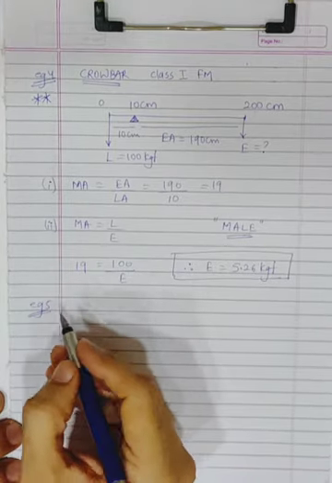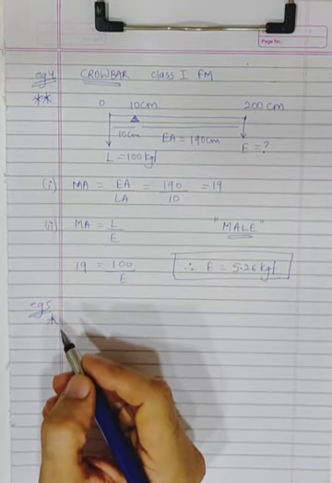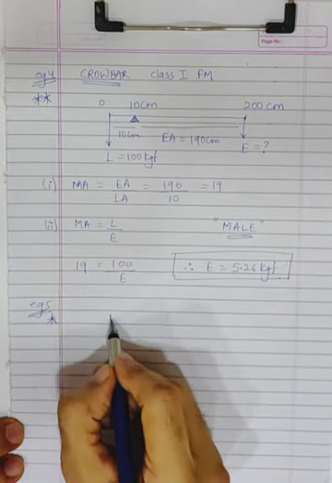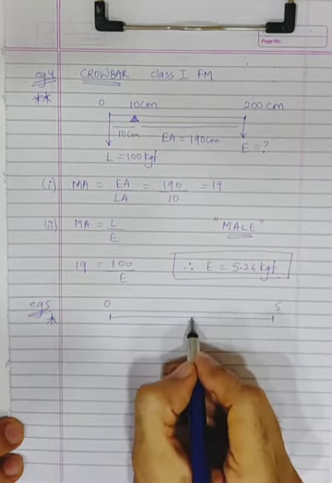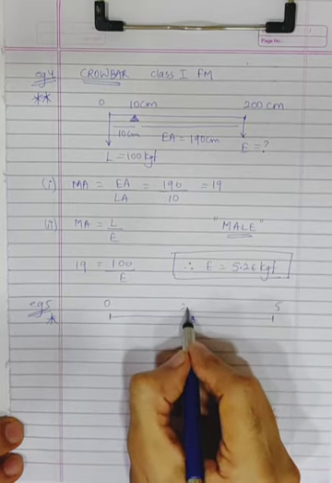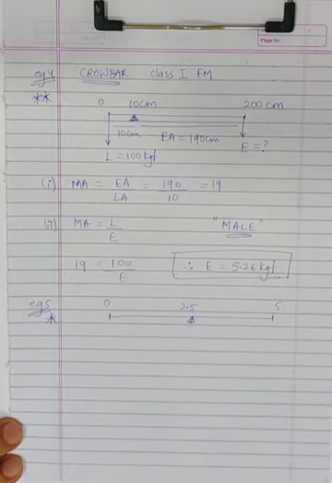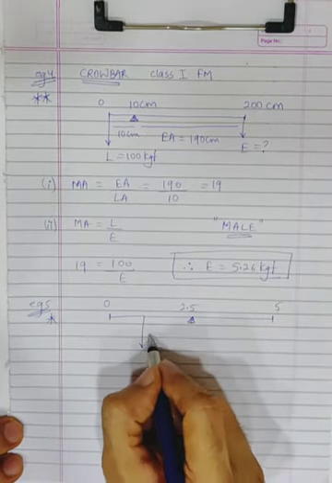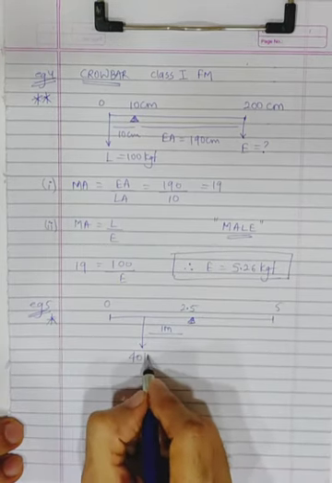Example 5 is a 1-star problem. Okay, now a uniform seesaw 5 meter long. So say out here you have a seesaw which is 5 meter long. So this point is 0, 5, and this is your fulcrum, which must be 2.5. Now they are saying it is supported at its center. A boy weighing 40 kg sits at a distance of 1 meter from the center. So though it is 2.5, a boy is sitting at a distance of 1 meter from the fulcrum, and his weight is 40 kgf.